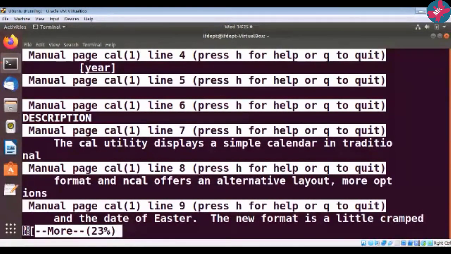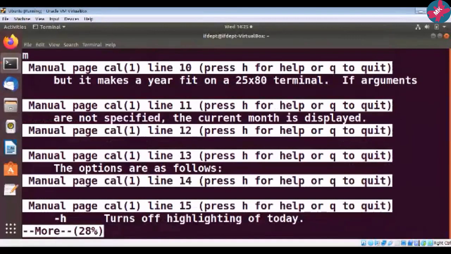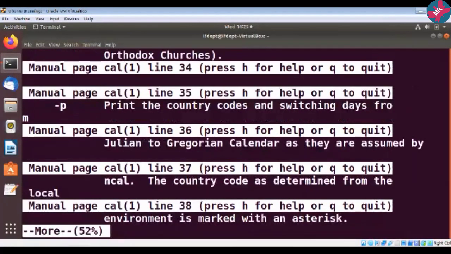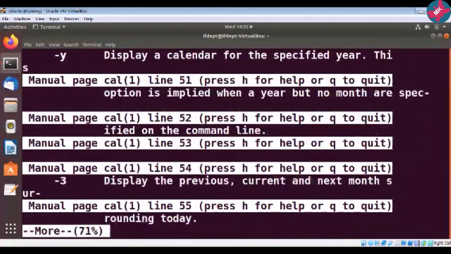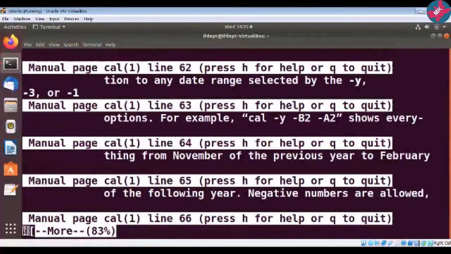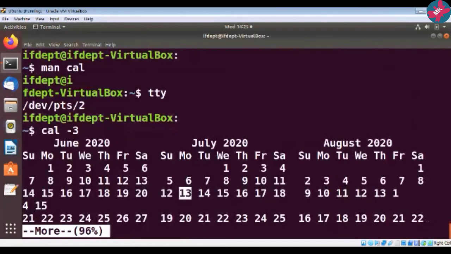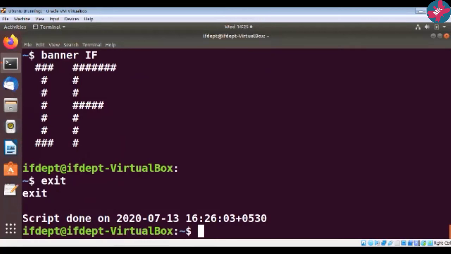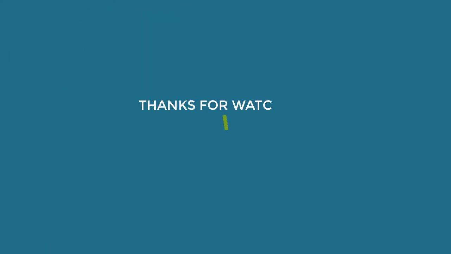At the bottom you observe here, as I move with the space bar, this percentage will go on increasing. This is how you can use the more command for ease of navigation. This is very helpful when you want to navigate a very large file. So this is how we can use these 8 commands for doing different operations.